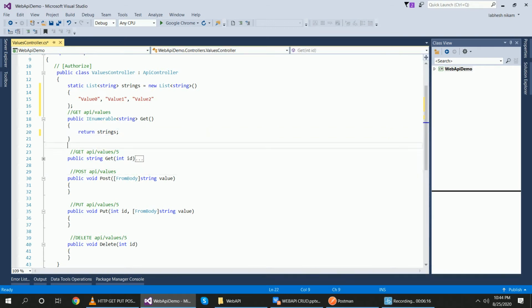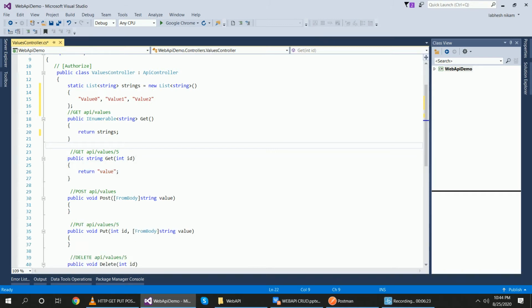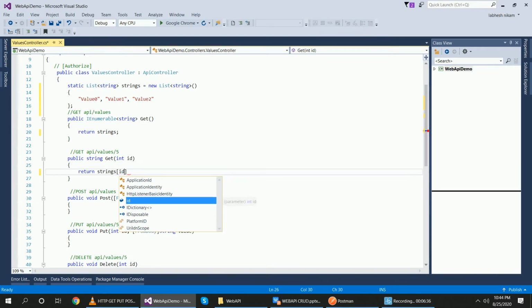Using a parameter I will receive a single data from the list of string. So that time what will I need? Return strings id, because you need a single record.